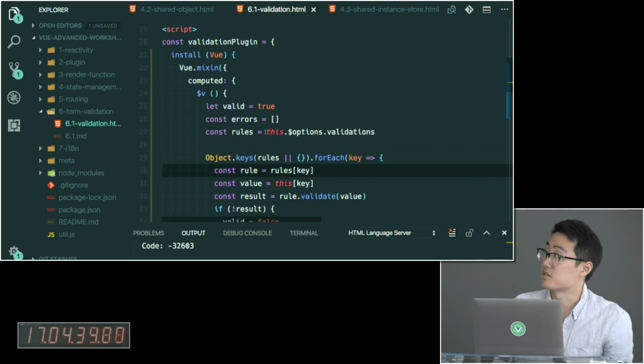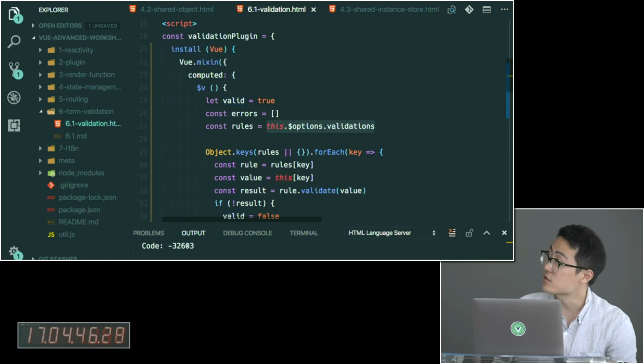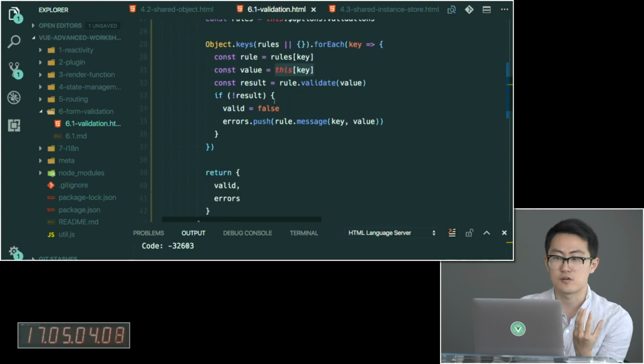And all with just a single computed property. Really, all it does is, it's actually pretty functional if you think about it. So we have, this is the input. The validation is the input, and this key is also input. The data source is the current state of your component and these validation rules. All we do is compute the current status based on these source data, and then return it from within a